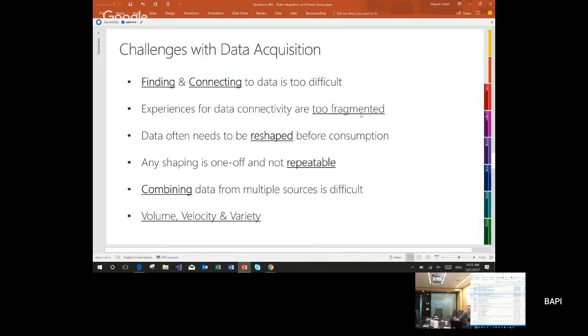So think things like T-SQL, things like the Salesforce query language, or Spark, and some of the other languages and dialects out there. Secondly, if you actually have user experiences or UIs that allow you to have a query building experience on top of a specific data source, in most cases, those experiences are different across data sources.